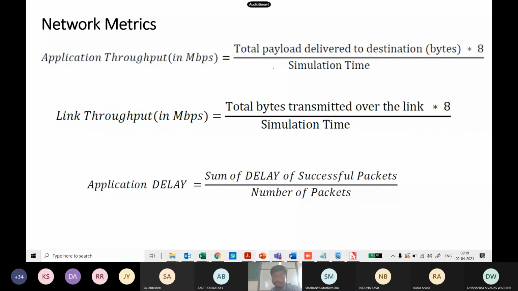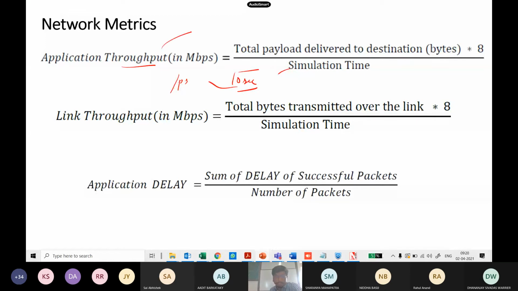In these 10 seconds, how much data is delivered to the destination? That application's data has been delivered to the destination. So per second you can calculate the application throughput. This application throughput depends not just on your link throughput, but also on the intermediate devices. If your switch is buffering more, the application throughput can suffer, though the link throughput can be high.